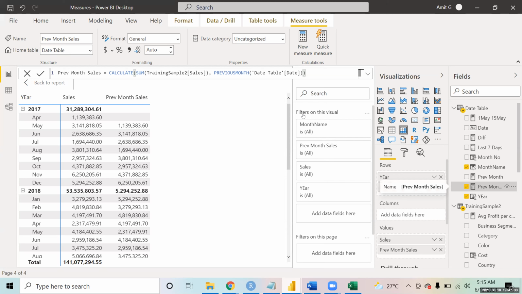Right, so what did you get in this output over here? You would have got the sales of the entire year. If you would have used it anywhere, you would have got the complete sales of the previous year in this.